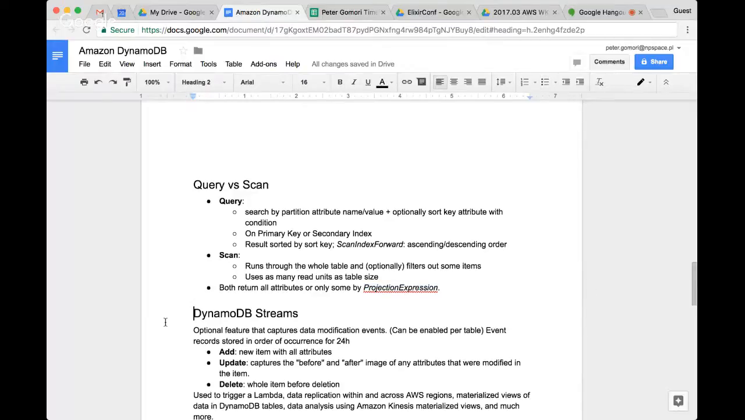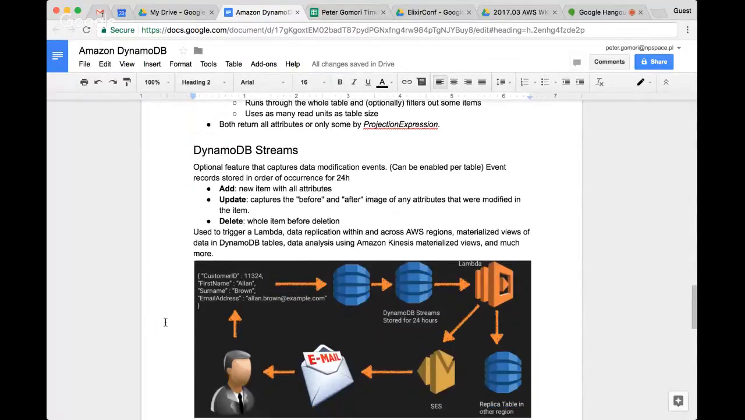Okay, then there is this new thing, DynamoDB streams, where basically each operation